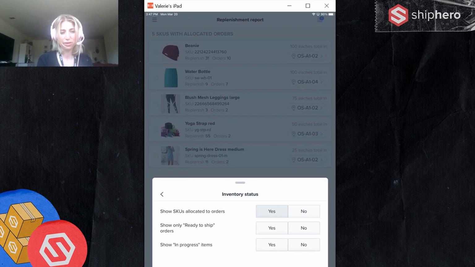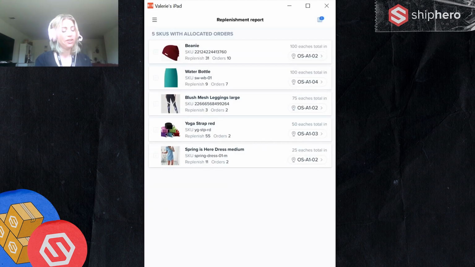So you can hide those if they're in your view and you just don't want to see what's in progress. Once you apply your filters, you will see your list and you'll choose how many items you want to put away to do your replenishment. You can do one at a time, choose an item, go through the flow, come back to the list. But we generally suggest you pick a subgroup, and that's the group you'll be working on. That way, when a colleague of yours goes on the list, they can take a different subgroup.